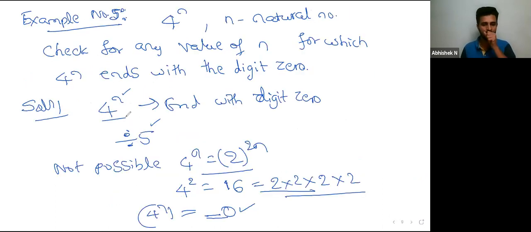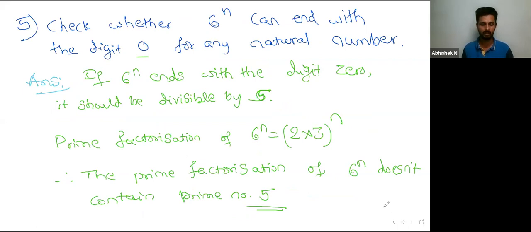If there is a 5, then we can get a number that ends with the digit 0, like 200 or 320. But it won't give such numbers. Okay, this is how we prove that for any natural number n, 6 to the power n is not divisible by 5, and thus it proves that 6 to the power n cannot end with